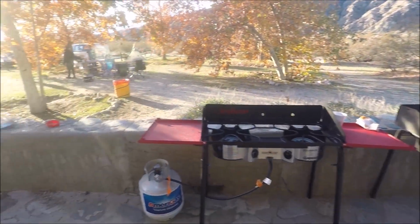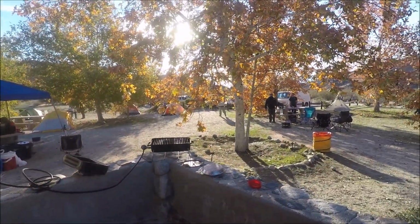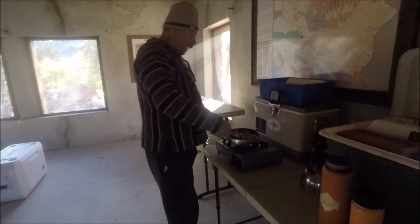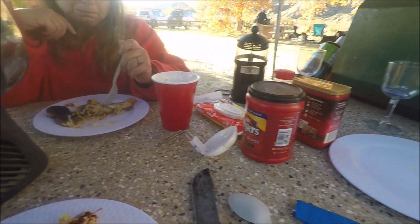Morning. Here's the setup, everybody's cooking. Got Susan over there. Got Huck Outdoors over there. Got Eric and David. And here they're making, it's Paul. Hey. I love that big front lens on it. Yeah, my filter. It helps a lot. Oh, we got Eric. We got breakfast. We got eggs and hash browns and sausage and Susan